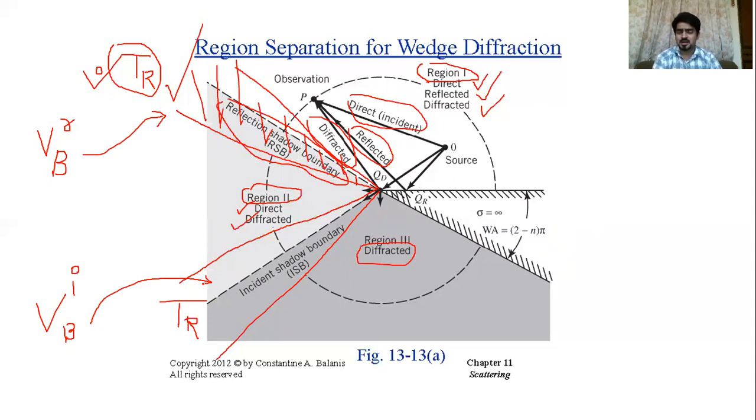And again, make sure that it is clear to you that we don't only introduce diffracted fields in these regions only. Okay, diffracted fields are also continuous, so they exist in the entire region. The only thing which we are saying is that in these transition regions, the contribution will be much higher from those diffracted fields.